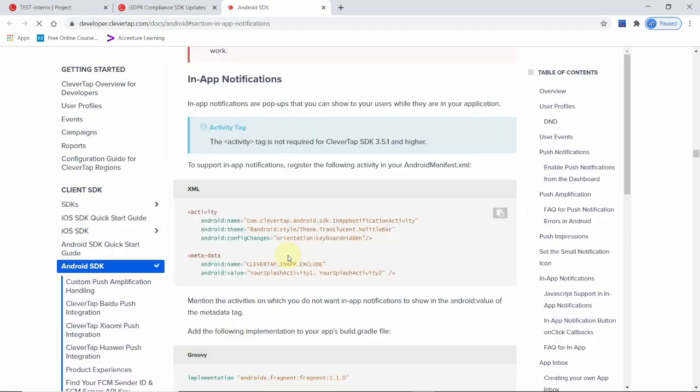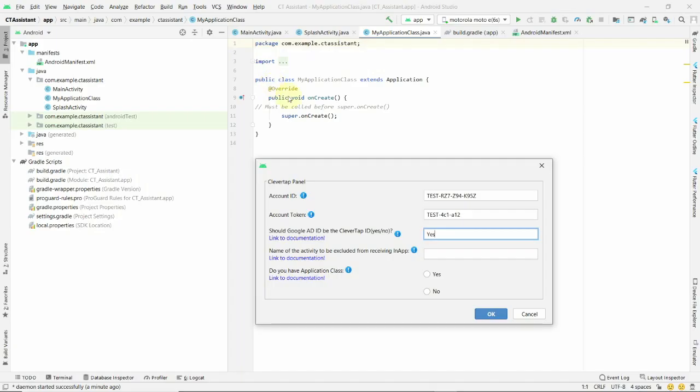This particular option is to exclude certain activities from getting the in-app notifications. This is because you don't want to see an in-app pop-up showing up in your splash screen above your logo, right? And also this splash screen can get destroyed after X seconds. So the in-app won't be that effective. Thus, just by mentioning the name of the activity in this box, you can choose that this particular activity should not be rendering the in-app notification. So one of the common screens is this splash screen activity. So you can mention this splash screen activity name over here as shown.